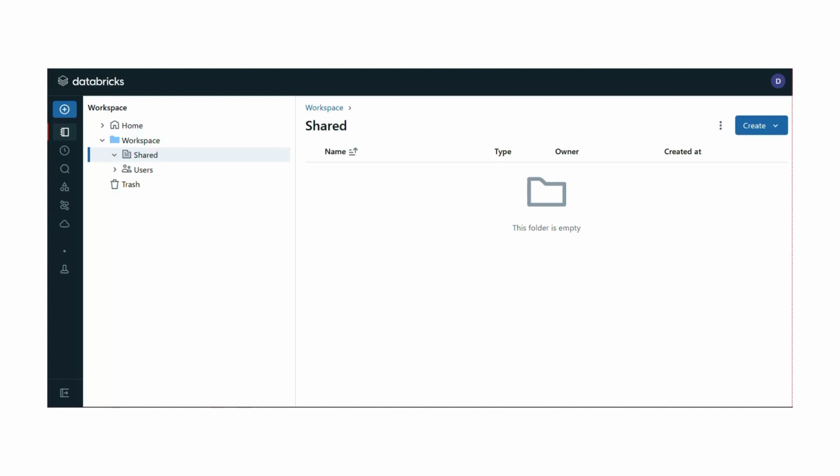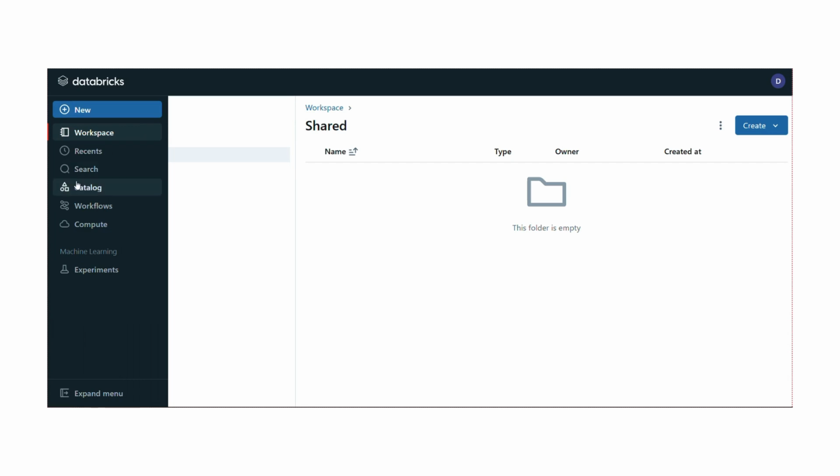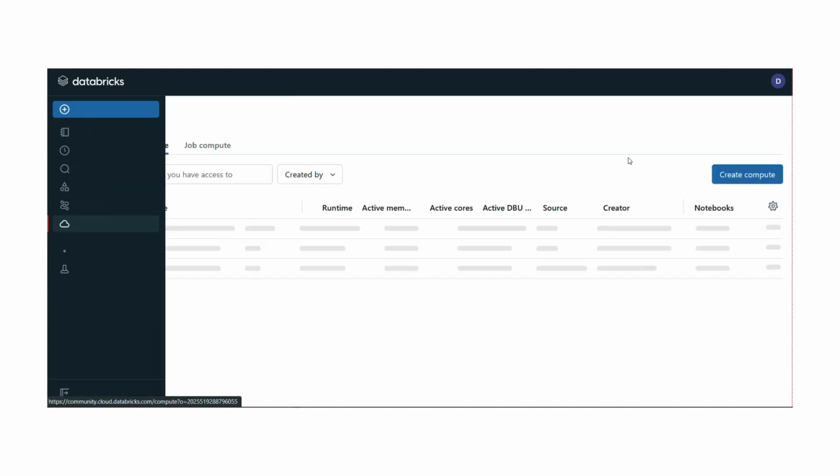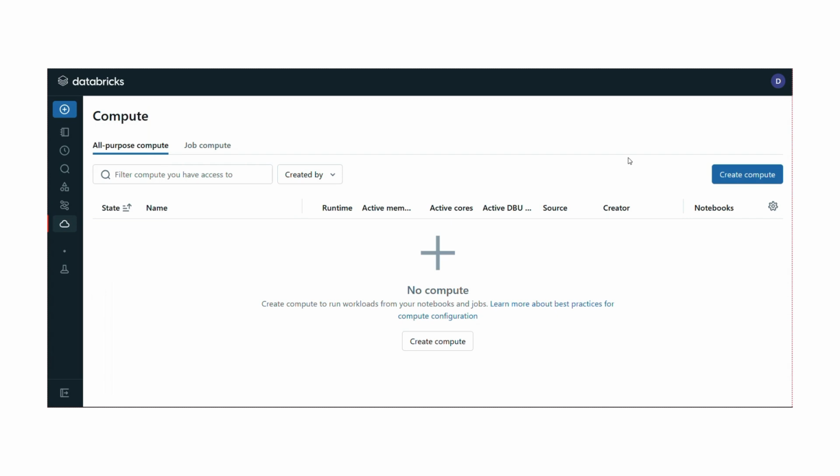So today in this video I am going to share with you how you can create a cluster and start with Databricks by creating the notebook. Okay, let's start with the cluster creation. So you can just click on this compute, and a cluster is required to run your notebook. Here we have two options: one is all purpose compute and another is job compute. You can create it with the help of this create compute option inside the compute, or